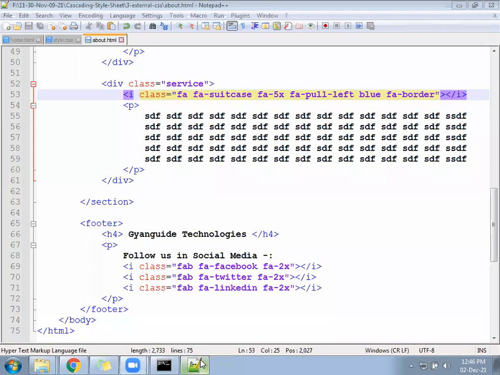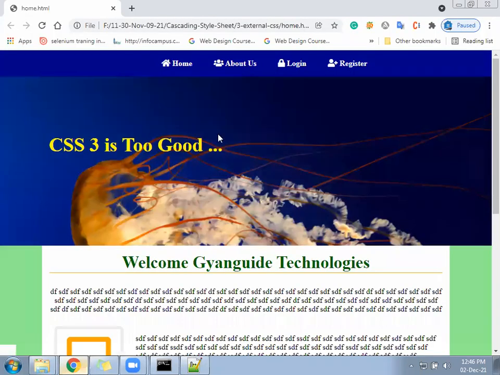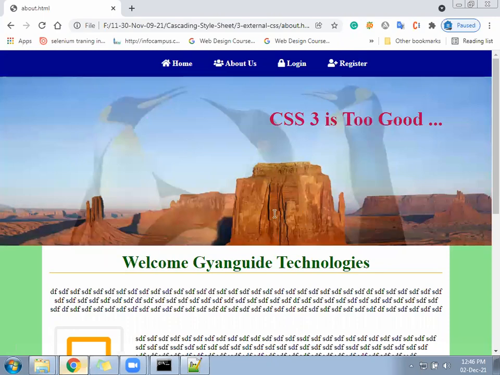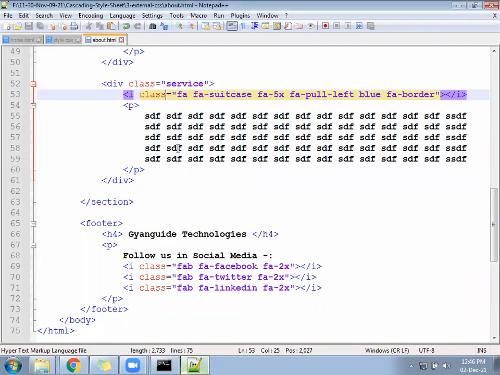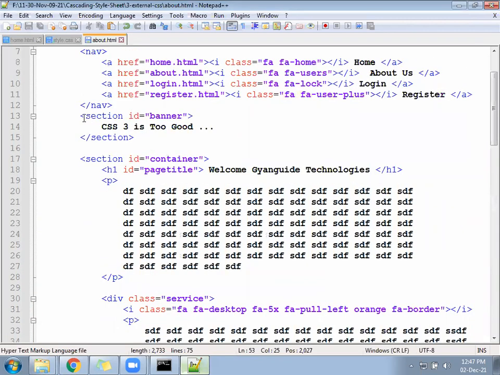For example, in the about file, banner is not required, you can remove that.